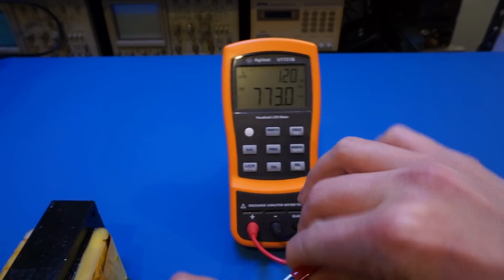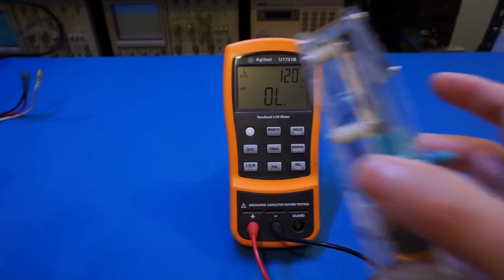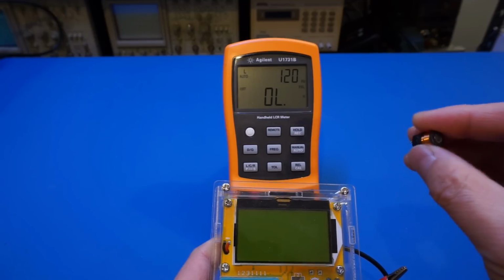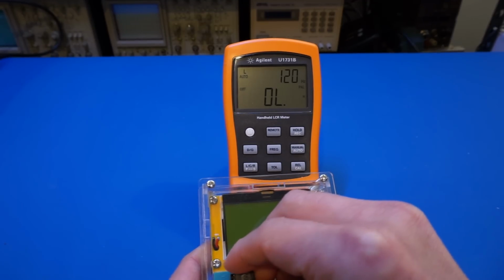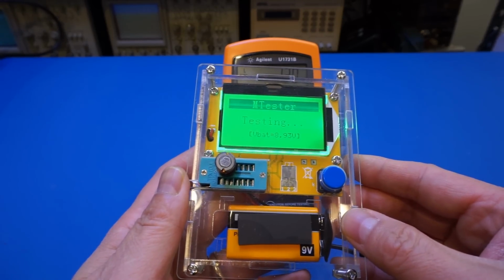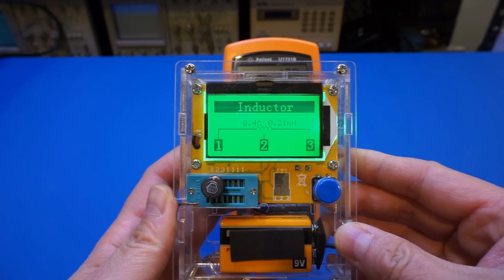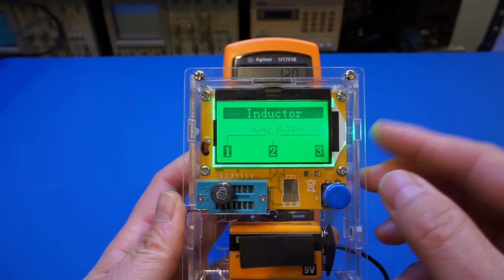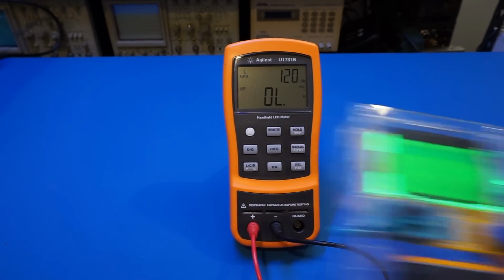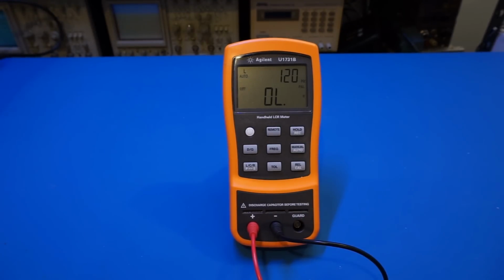And of course, as I mentioned earlier, if you have a component tester and your requirement is not that stringent, then you can easily use a component tester to check out the component at hand. So for this 220 microhenry inductor here, let's take a look. And it's showing 0.21 millihenry and with a series resistance of 0.4 ohms, so it's not too far off. Nevertheless, we don't know the exact condition this component is measured at, so that's why we need a meter like this Agilent